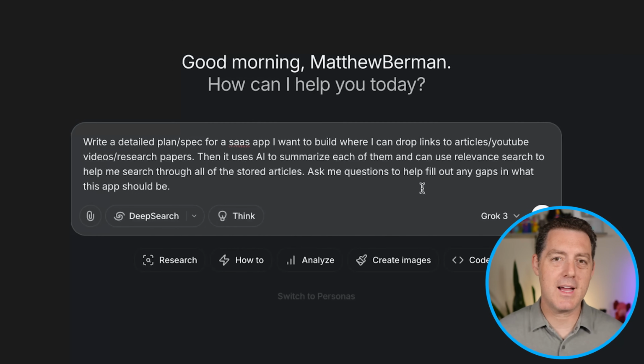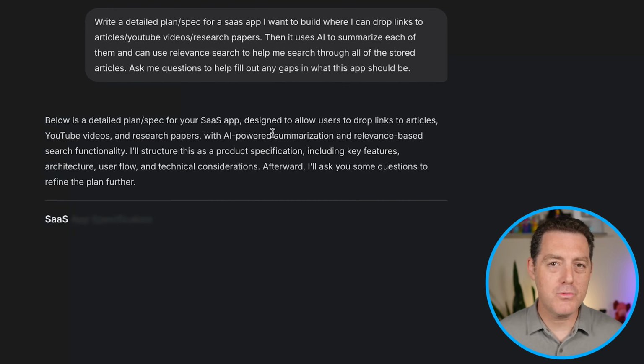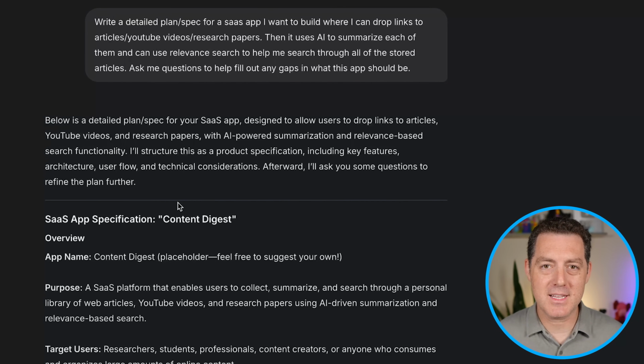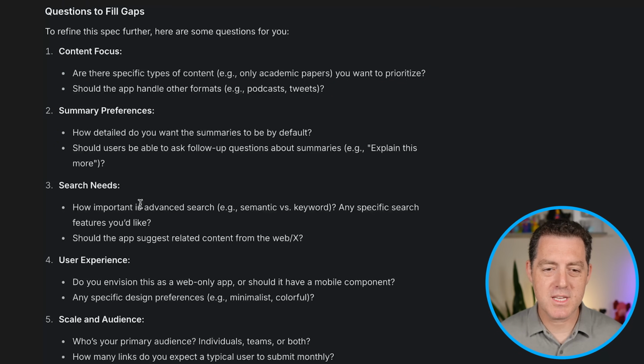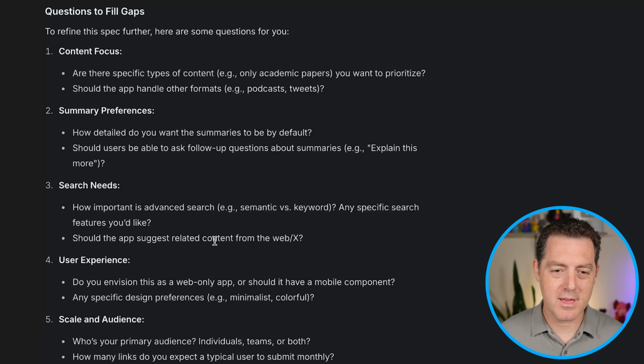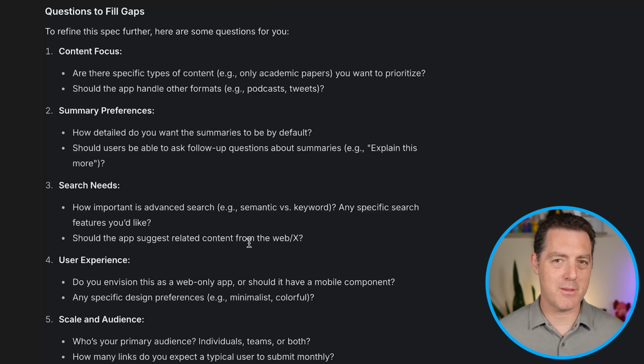So Grok can actually help you figure out all of the different features and functionality that you want to add in here. And you don't need to just take the first thing that it says. You can work back and forth with it until you come up with a really nice plan. So here you can see a bunch of questions that it asked me, and we can answer them to the best of our ability. Obviously, some of them are going to be a little bit more technical, and if you don't have that technical ability, again, just work with Grok and have it explain to you what each of the